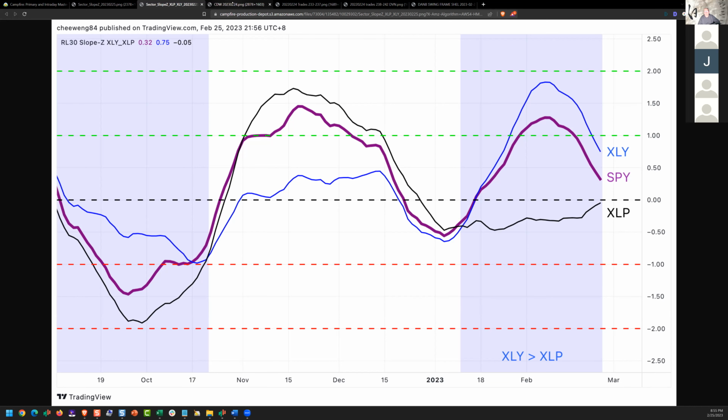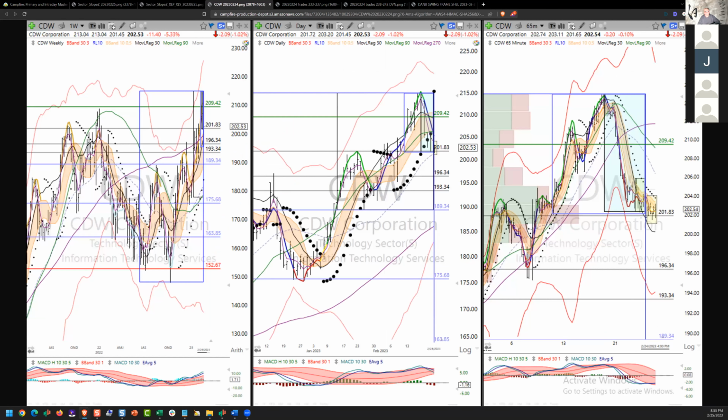Not surprising. Here's Charles with a frame on CDW. So he's using the weekly, daily, 65-minute. And he's identified this blue box here as a reasonable range for recovery back to the top. We had the market close inside this little risk box right here. If this were to fail,